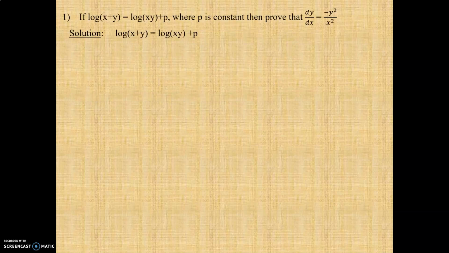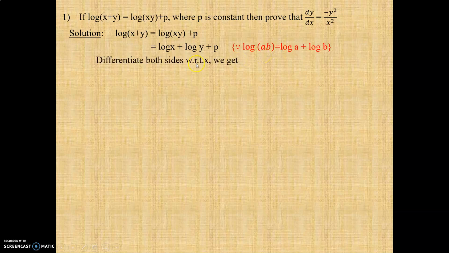So the first question is, if log of x plus y is equal to log xy plus p, where p is a constant, then prove that dy upon dx is equal to minus y square upon x square. So we are starting with the question, log of x plus y is equal to log xy plus p. Then log xy can be written as log x plus log y plus p using this law. Then differentiating both sides with respect to x, we get